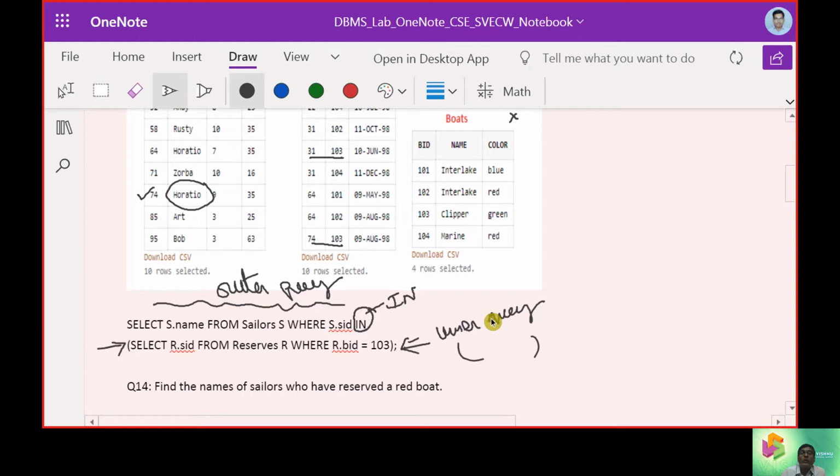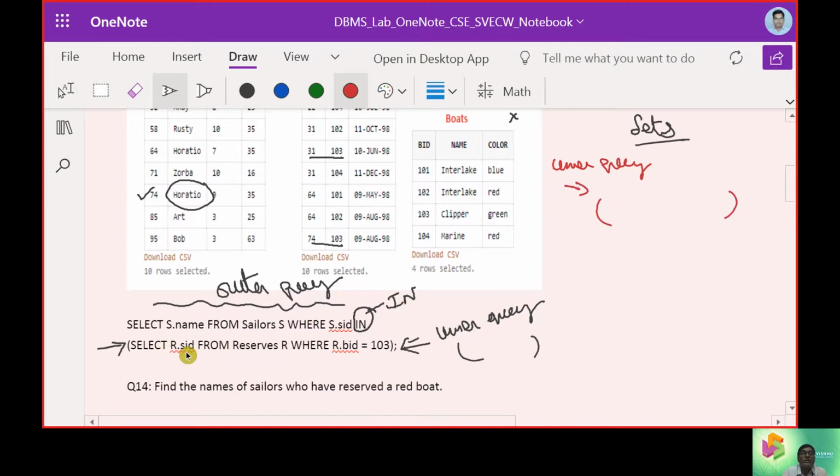Now, when we are using inner and outer queries, we work in a model called sets. So select SID from reserves R. Now, how is this inner query executed? What will be the results of the inner query?